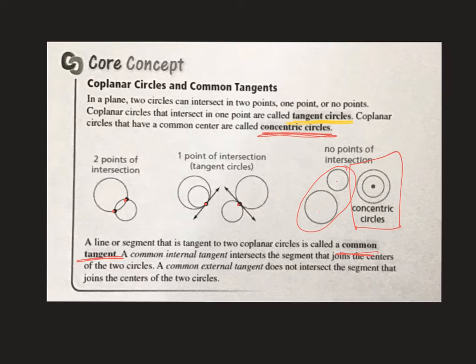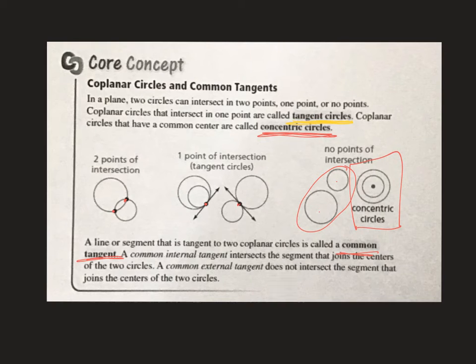A common internal tangent intersects the segment that joins the centers of the two circles. A common external tangent does not intersect the segment that joins the two centers of the circles. So what that means is, when it says the segment that joins the centers of the two circles, so if